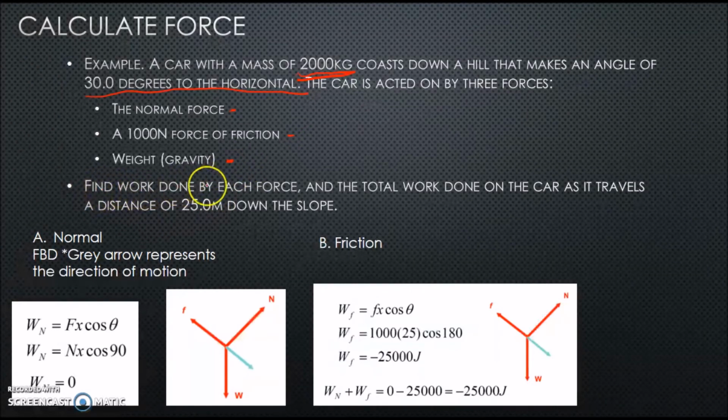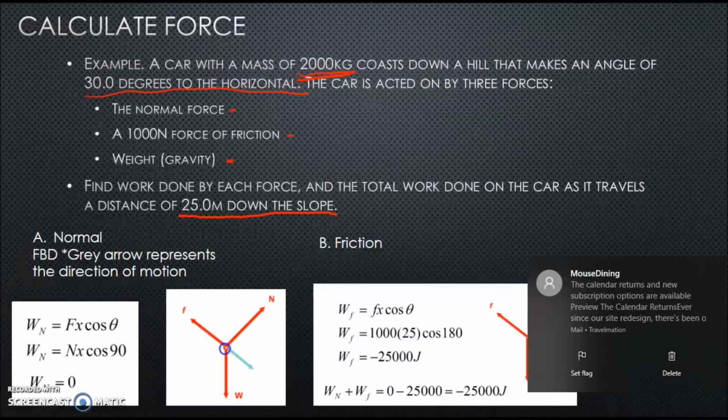So we need to find the work done on each force and the total work done on the car as it travels a distance of 25 meters down the slope. So the first thing we need to do is think about a free body diagram, which you can see down here. So if this is the object, again we have the,